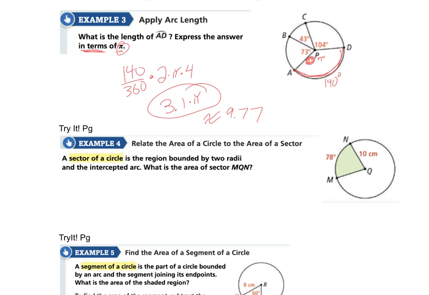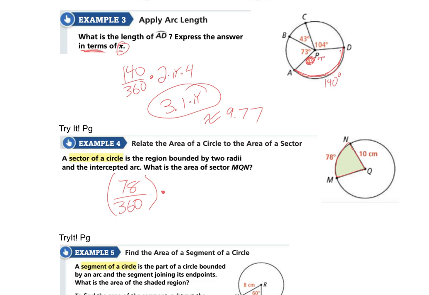So arc length is the length along the circle. Area of the sector is like a pizza slice. This is the area of this whole section of the circle. The setup is very similar. We want to take that angle, so we're going to use our 78 over 360. That's the portion of the area,